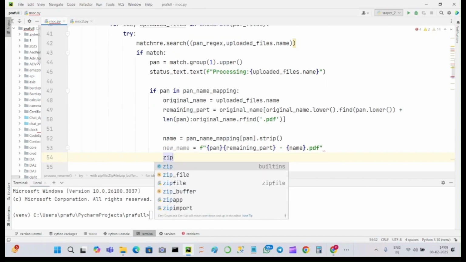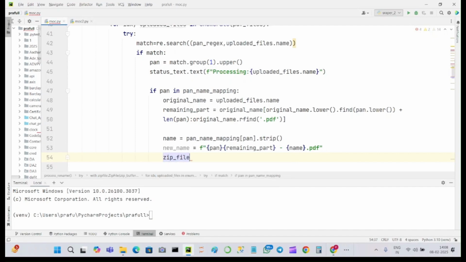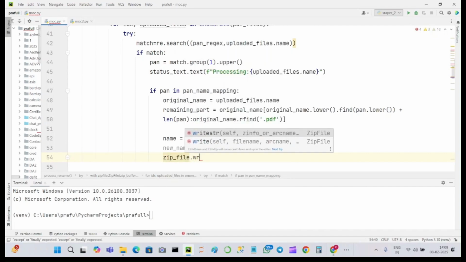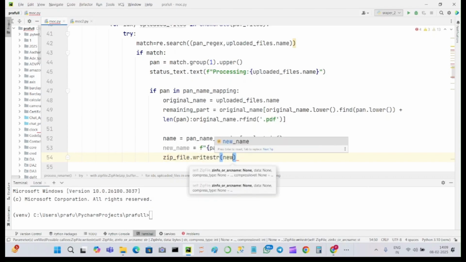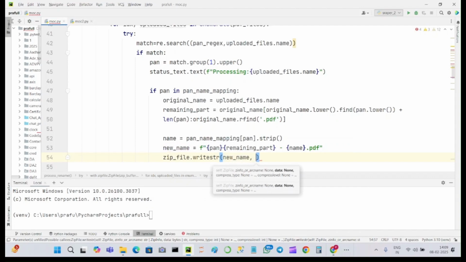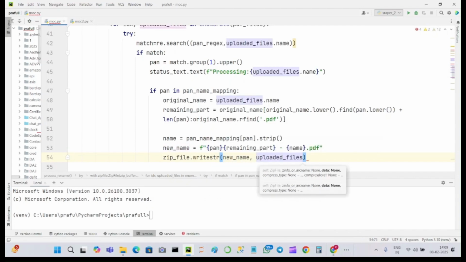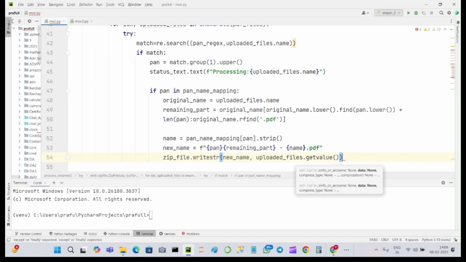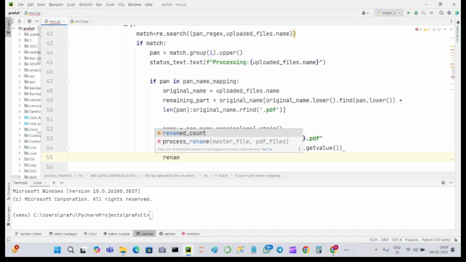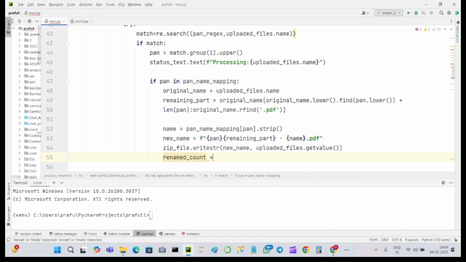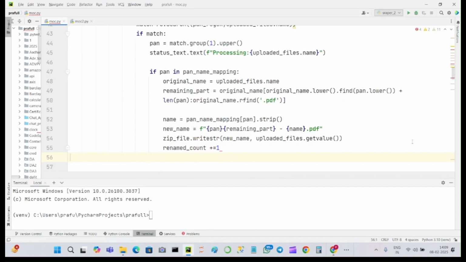Zip file, okay, zip underscore file dot write str. Inside of that new name, comma uploaded files, comma get value. Okay, we are using here the get value function, and renamed count is equal to, so we are using here increment plus equal to 1. Okay, so below that